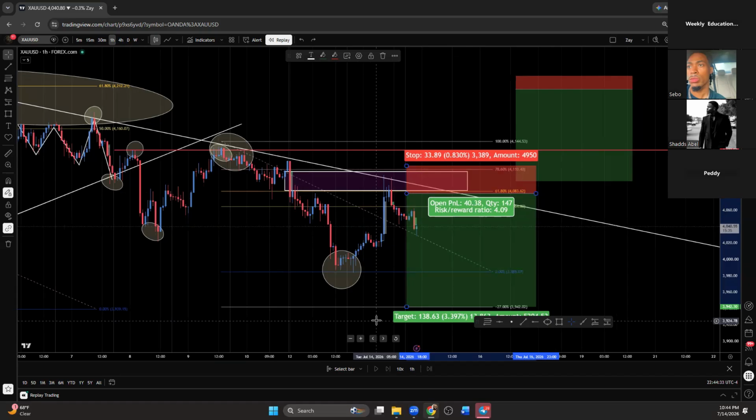You see what I'm saying? Some people might have closed that bad boy once the market starts shooting up, got scared and got out of the trade. You know what I'm saying? If you did take it, some people might have closed and said, man, this is about to go the opposite direction. And it closed like this, and then as soon as the market opened, it gapped. It literally gapped.